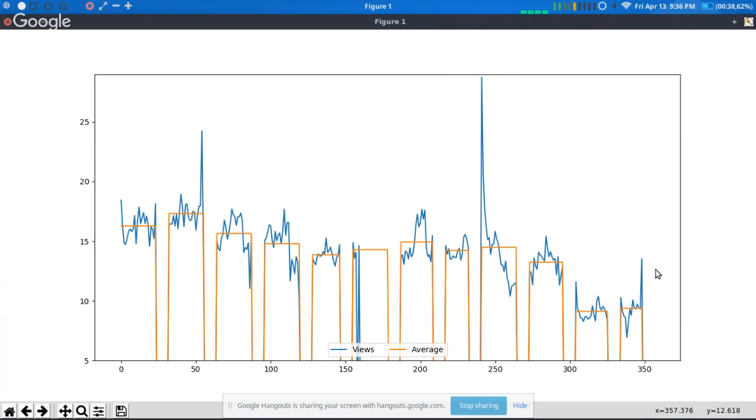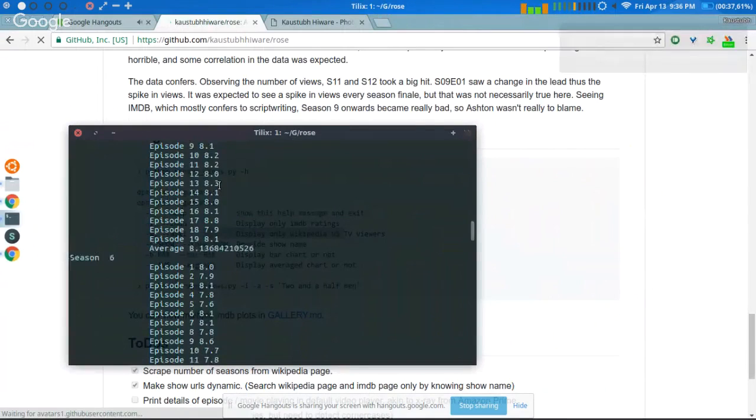There was a surge when the final episode of the whole series was going to be shown, and that was pretty interesting to me. I could see if there is a correlation between viewership and rating. Is it possible that Game of Thrones is more broadly watched than, say, Rick and Morty? So for an average episode of Game of Thrones, which is of the same quality as Rick and Morty, does it have a higher rating because more people have watched it, or is there a lower rating? So that was possible. And in this repository, I have